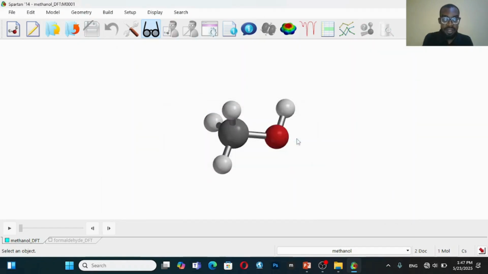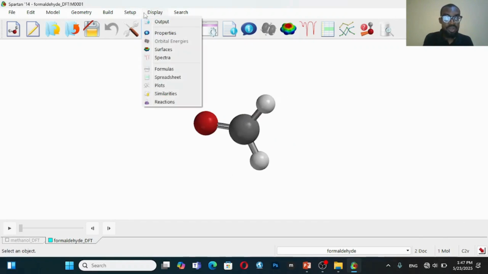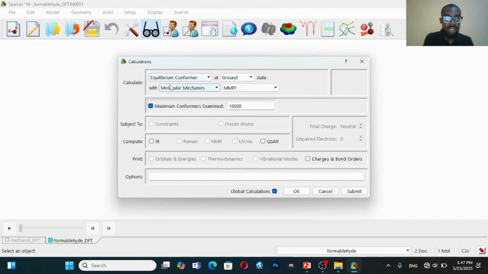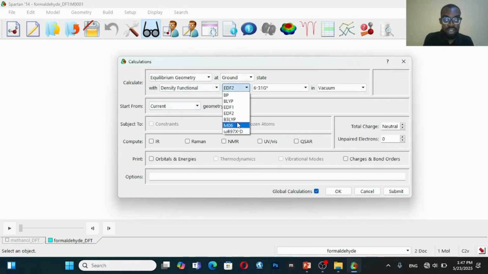So DFT for methanol has started. After it started, I think you can also run this concurrently. So I will also do the same for this. Go to calculations, go to equilibrium geometry, go to density functional, choose this functional, then choose this